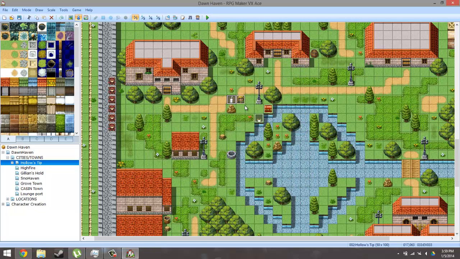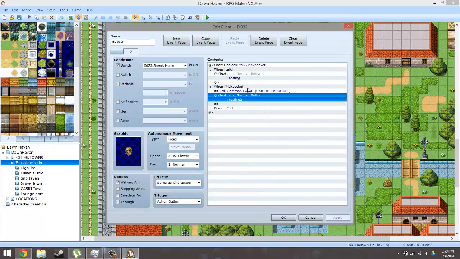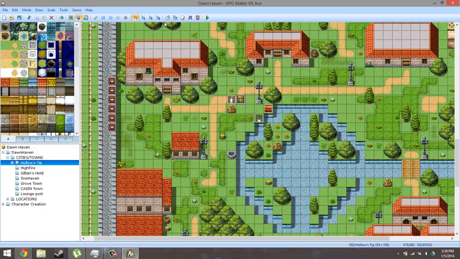So it's basically gonna be this, but there's gonna be more chances of us actually getting something. I'll add all those note tags to them, which I'm gonna be doing off screen because it would be a waste of a video if I did them on screen. So this is our catalyst for our pickpocketing system, and then let me see which